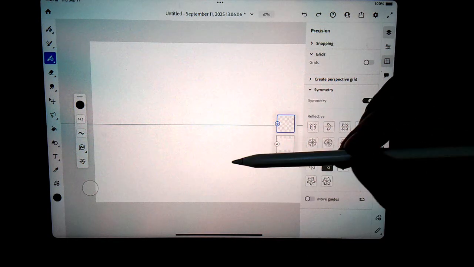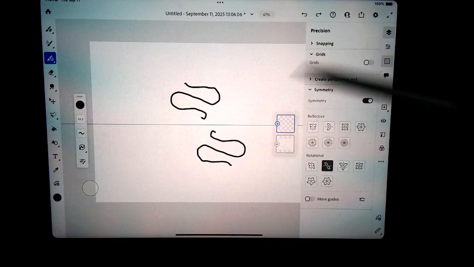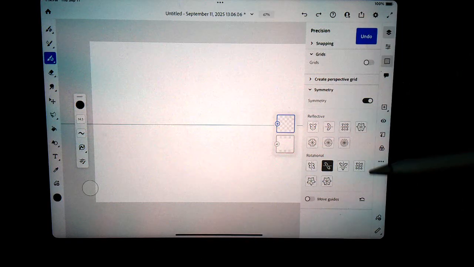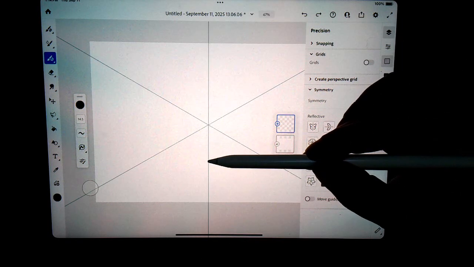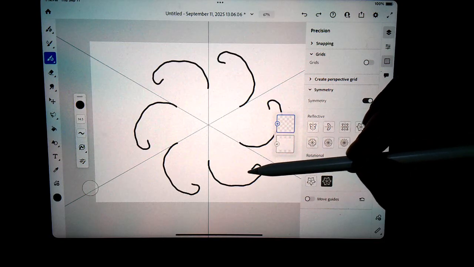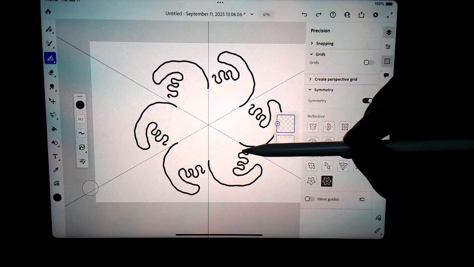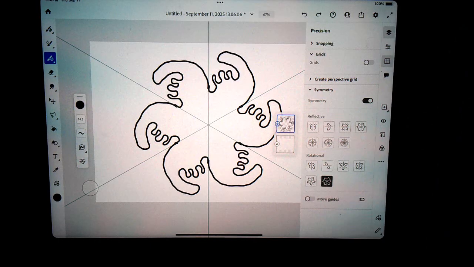I can also do rotational symmetry, where it's rotating as well as reproducing the same line. So if I wanted to draw a flower but have it all rotating, that's kind of a funky flower, but